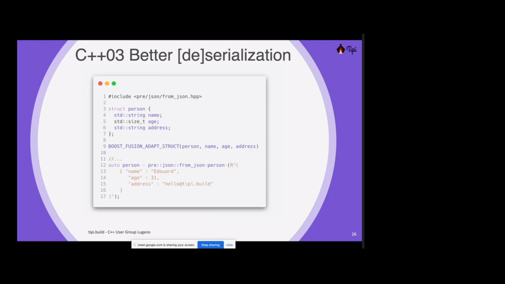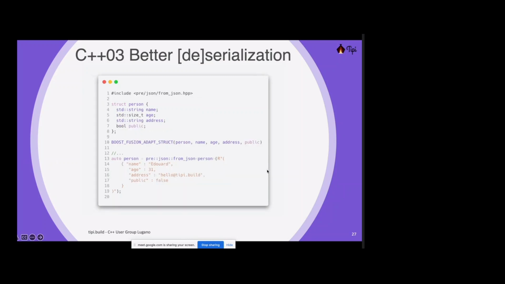So we made a wrapper around a JSON library, and we made it possible to automatically deserialize and serialize structs. It supports a lot of stuff like optionals and vectors and lists and maps, and it can handle that pretty well. It can also give errors if you got the wrong thing. If you have an optional, it doesn't make an error if it's missing, but if you don't have one, it tells you. So it makes things a bit more declarative and better, but still you have this old macro thing. So what I propose is